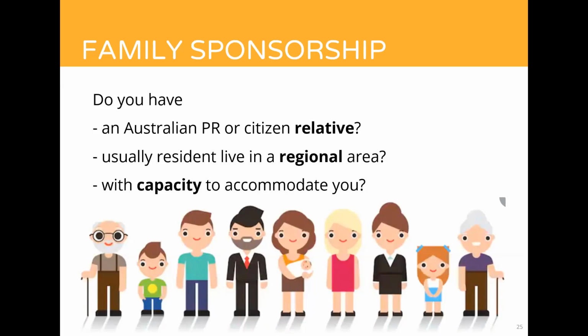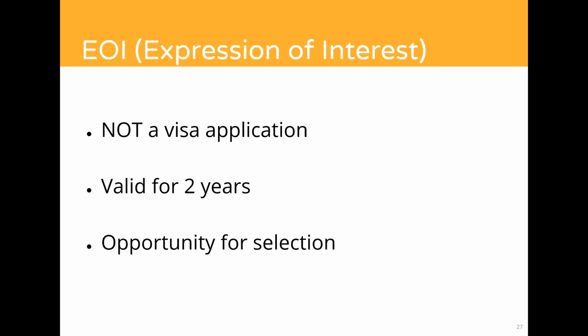So you've totted up your points under all those factors. And you're now at the next point, which is being eligible to submit your expression of interest. So your expression of interest is not a visa application. It is throwing your name into a pool of candidates from which states, territories and the federal government can consider you for selection. Your EOI will be valid for 2 years, and during that time you can update your EOI if you improve your English or gain more work experience or professional year, etc. You can keep updating your EOI as you progress.